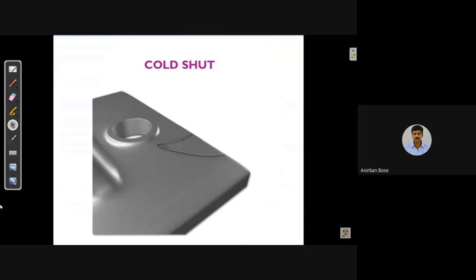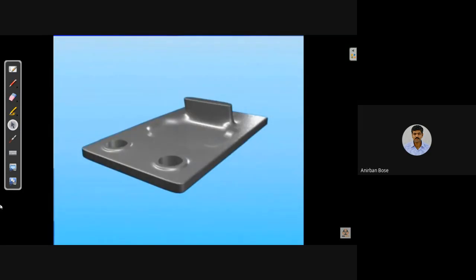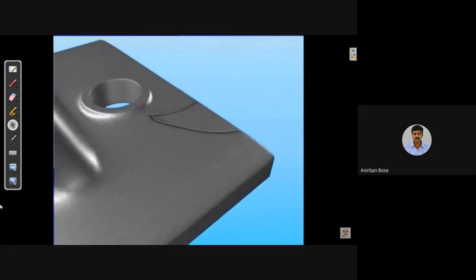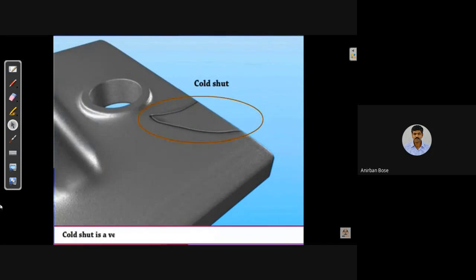Cold shut. Let us see an example for cold shut. Cold shut is a V depression that occurs in the surface of flat casting.